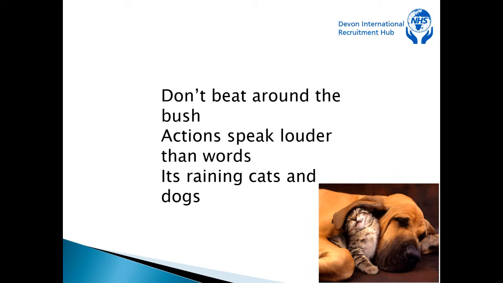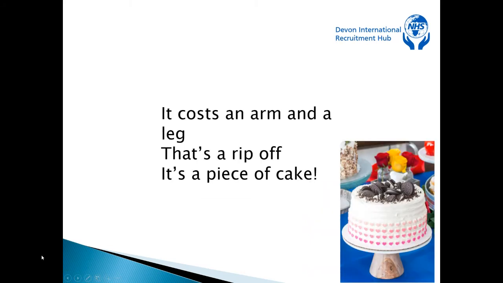So there's a cute little picture in the corner there. It's raining cats and dogs. It doesn't literally mean cats and dogs are falling out the sky. It just means it's raining really heavy. Some people say it's raining cats and dogs. Oh, we already had that one, and that's a rip-off. So it's a piece of cake. That means it's simple. So we could say the OSCE, it's a piece of cake. It's straightforward and it's easy.